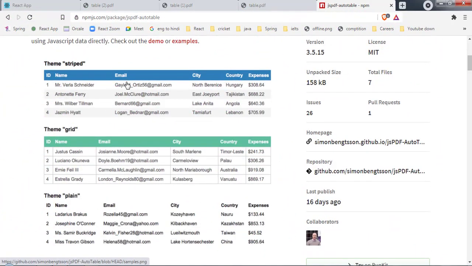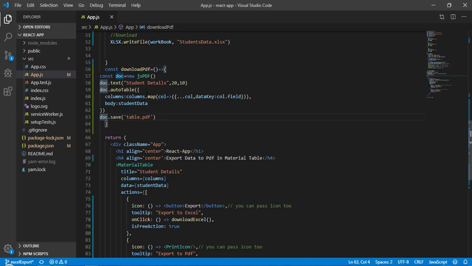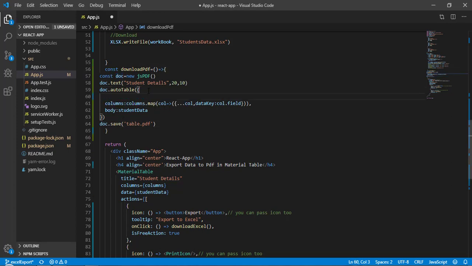So here we have the striped theme by default. Now what if I want to get the grid one? For that, in this autoTable we have to pass an extra parameter that is called theme, and here we have to pass the value as grid. Okay, and we have to separate it by a comma.